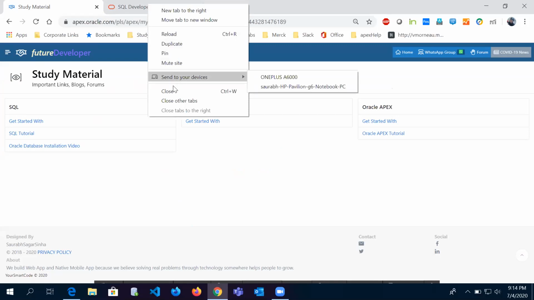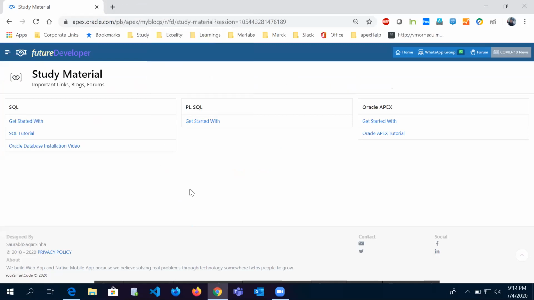I just want to tell you guys that to start with Oracle Apex, we should know SQL and PLSQL at least. If you are familiar with SQL and PLSQL, we are good to go with Oracle Apex. If we don't know SQL and PLSQL, we have to learn Oracle SQL and PLSQL first, then we can start with Oracle Apex.